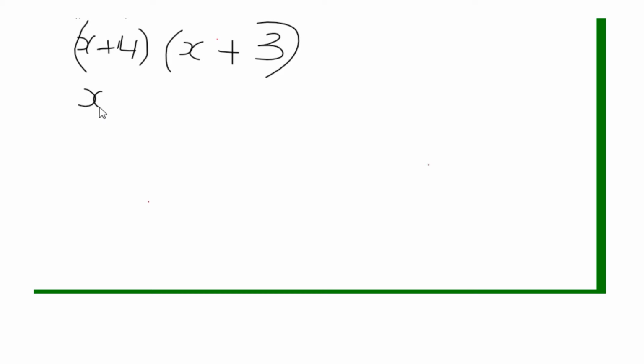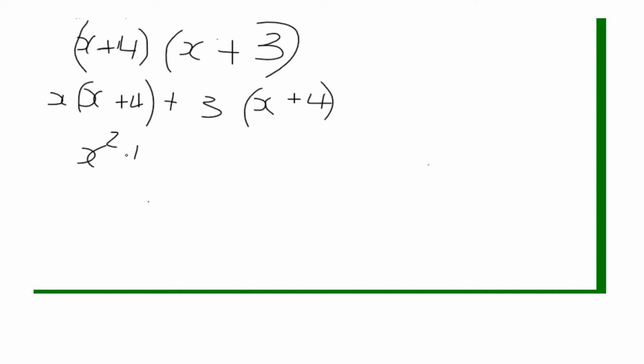So I'll have x plus 4 close bracket, and I'll put x plus 4 here again, and then I'll distribute the terms. I'll have x here plus 3. So now I'm going to expand the bracket, so that x times x, that's x squared, plus the